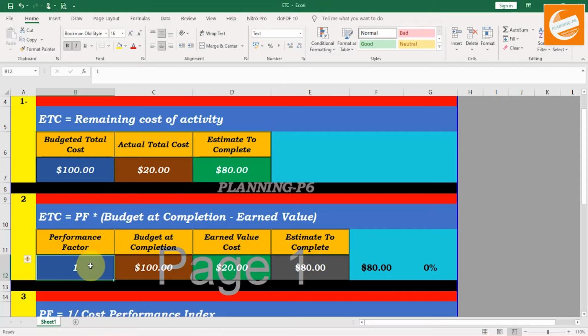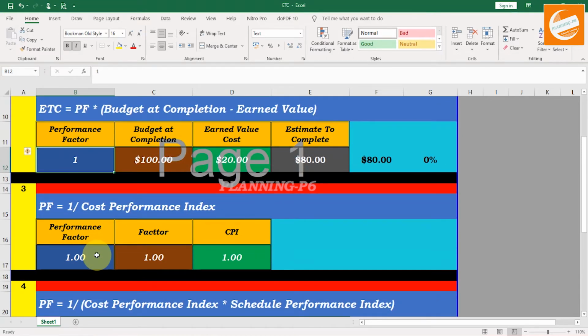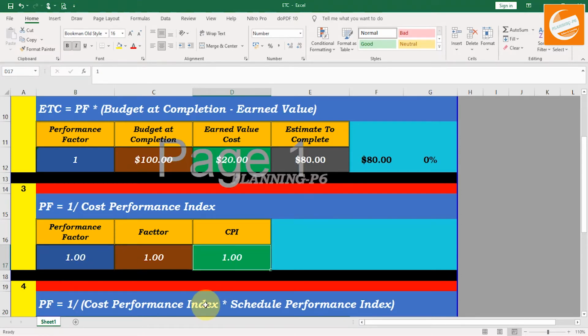Okay, let's move forward to the Excel. Here you can see performance factor is equal to 1 over cost performance index. If I get 1 for the performance factor, then your cost performance index is equal to 1 and you are going well. If your cost performance index is going down, it means your budget is increasing and you are in negative.